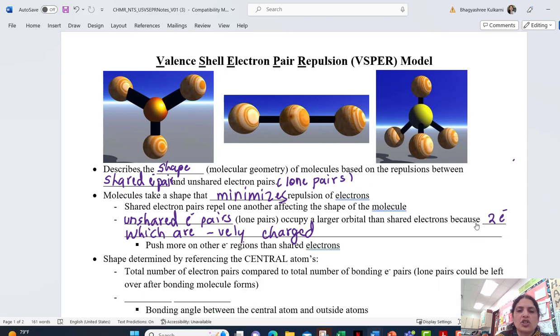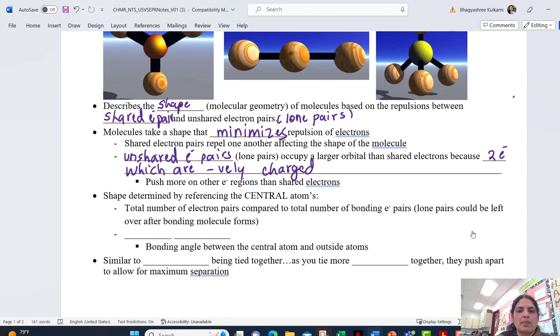The shape is also determined by referencing the central atom, and in Lewis dot structure we also saw what the central atom is. If you have questions, look at the video for Lewis dot structure. We look at the total number of electron pairs compared to the total number of bonding electrons. Electron pairs could be left over after the bonding molecules form. So the lone pair,